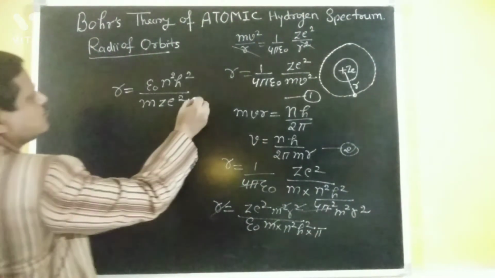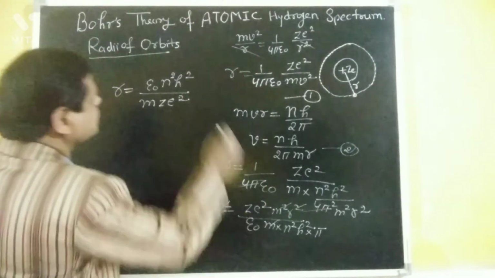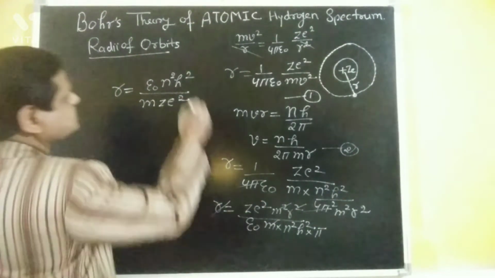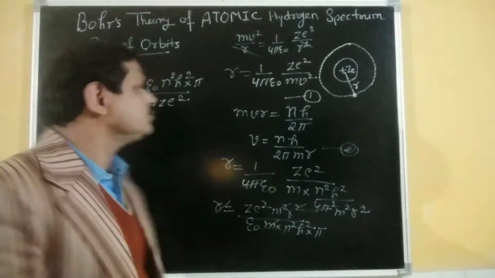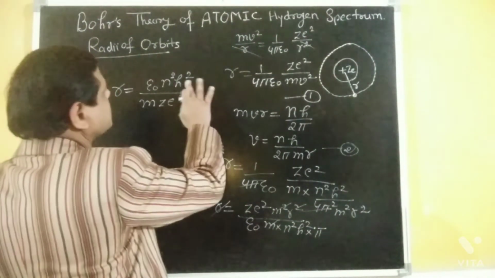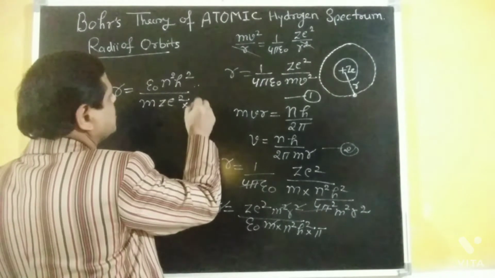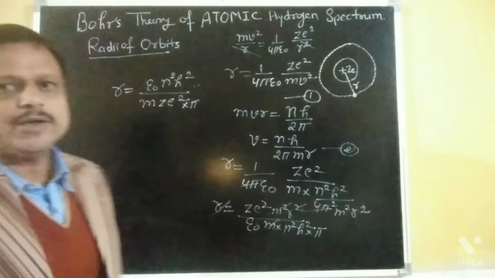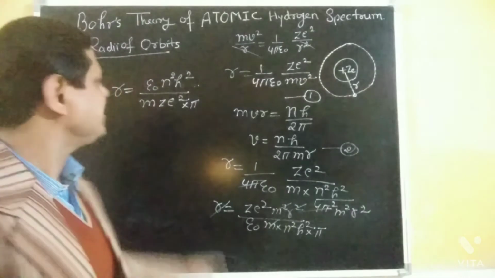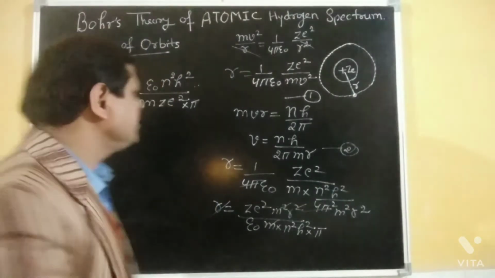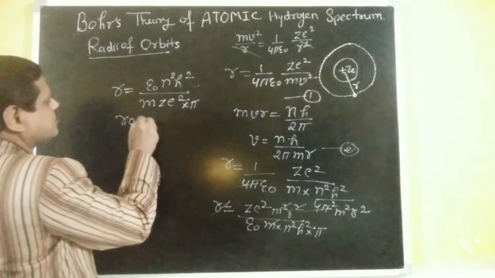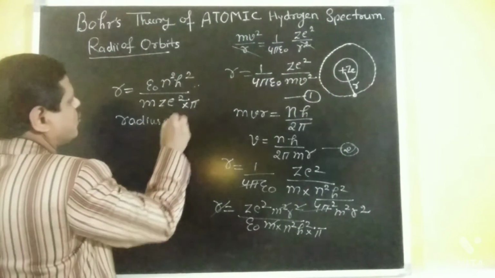Then you can multiply with pi. Therefore, r is equal to epsilon naught n square h square upon pi m z e square. This is the radius of the orbit,